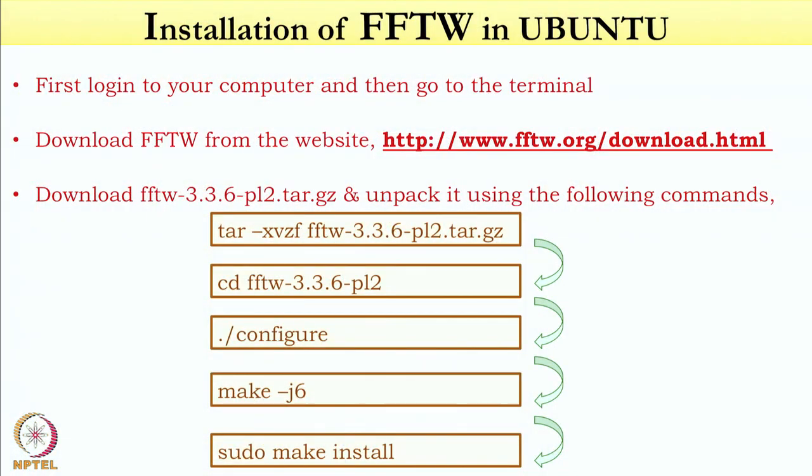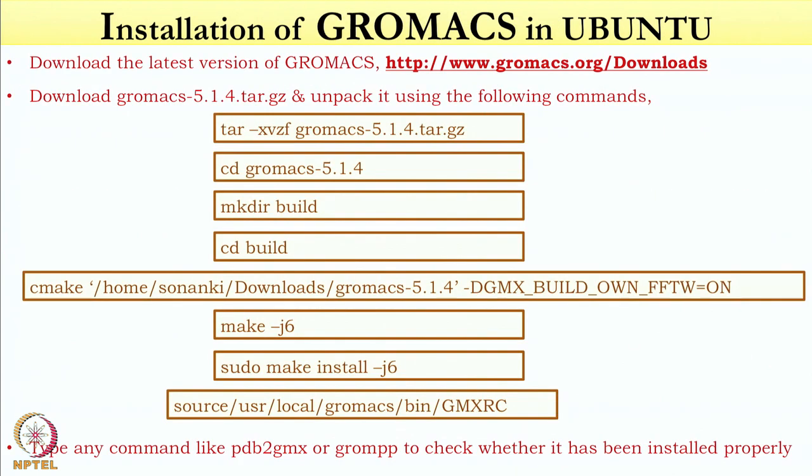What is the typical name that you want to give to that directory? It's user defined, anything. I just give Gromax as the directory. Then you install FFTW using this command. It is the same as CMake. And then to install Gromax, you will also have a tar file there. You just unpack it using the command tar -xvzf Gromax.